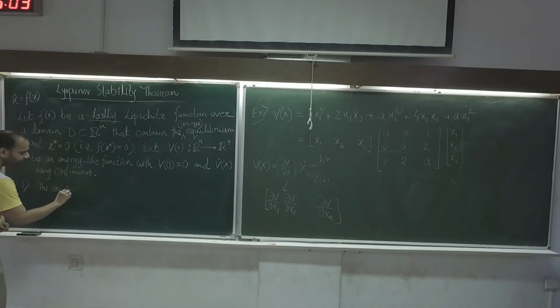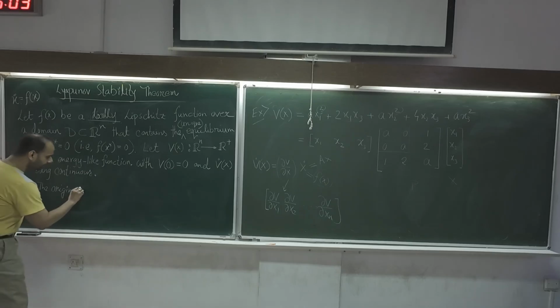Here we have considered the origin to be the equilibrium point. That's why I am writing the origin. Otherwise, you can write the equilibrium point x star equals to 0. That is the full sense, the full expression. The equilibrium point x star equals to 0. Since I have considered here the origin to be the equilibrium point, that's why I am writing the origin is